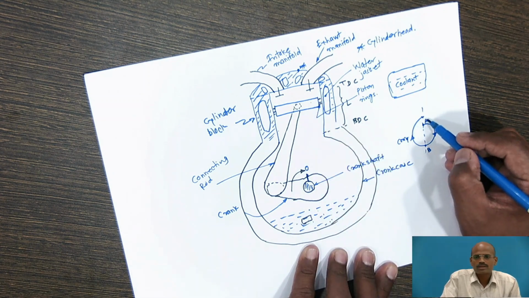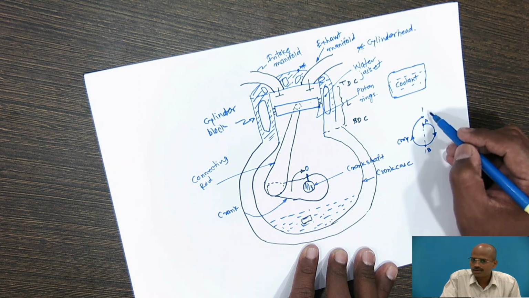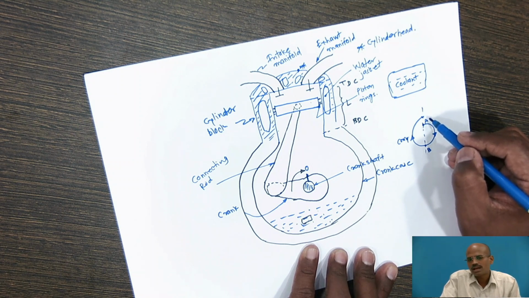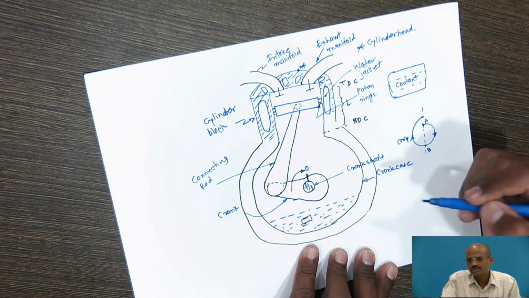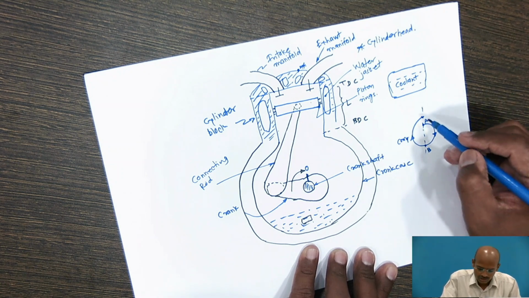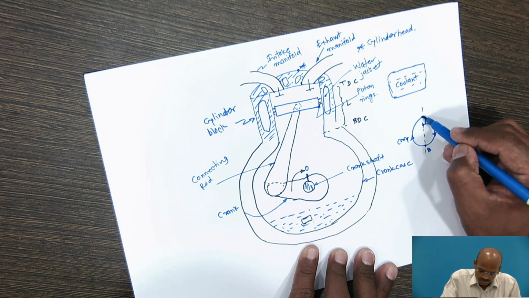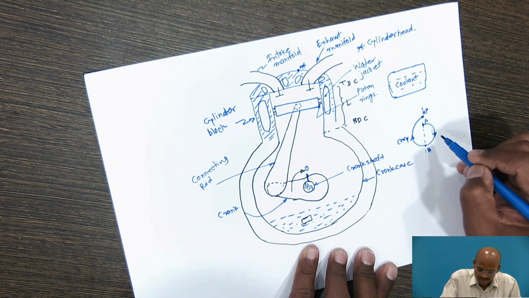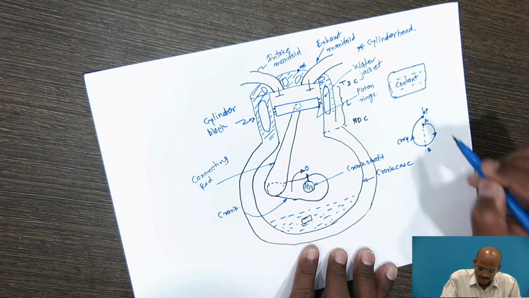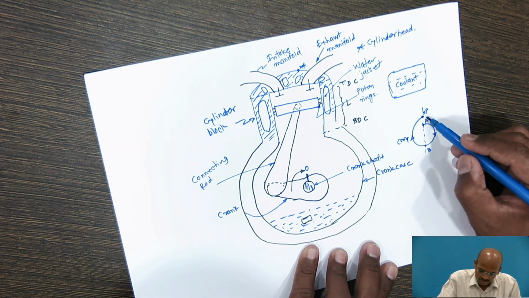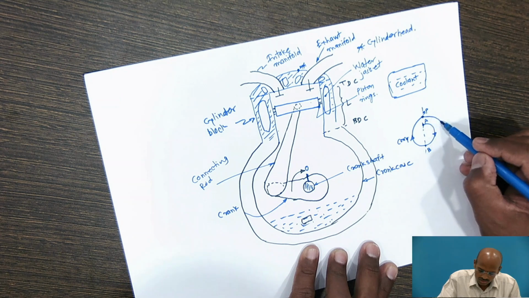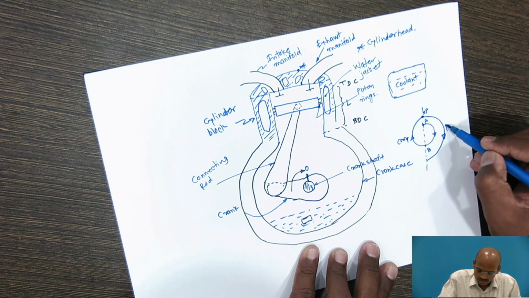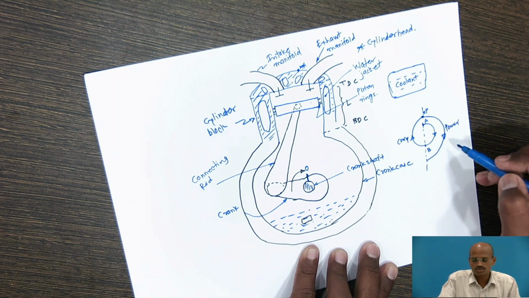Depending upon the type of the engine, either there will be a spark for the SI engine, and in the case of the CI engine, as diesel has its auto-ignition property, on its own it is going to burn. So for the SI engine, I could call this the sparking. The spark plug actuates the spark, and combustion starts. The next stroke is called the power stroke or expansion stroke.